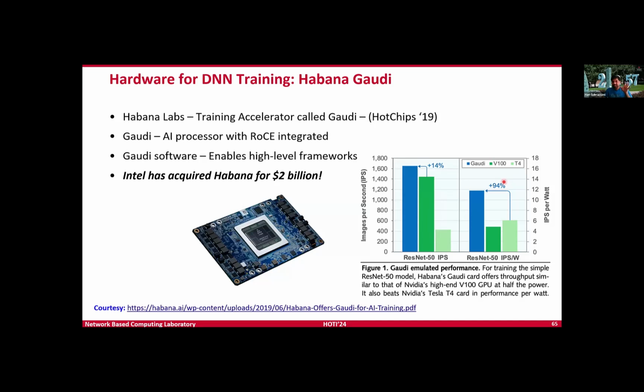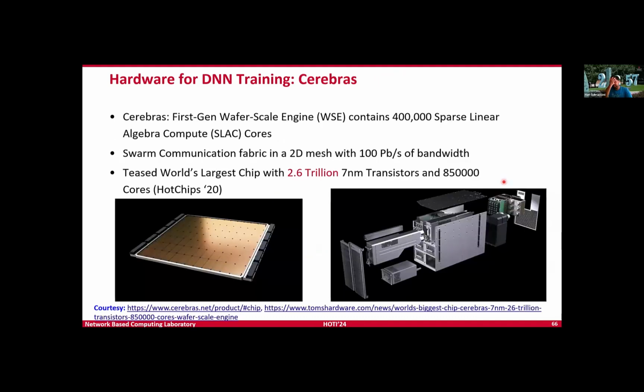Again, these are fairly dated numbers, so take them with a grain of salt. Now, the best possible competition out there for NVIDIA's GPUs, I believe, is the Cerebras wafer scale engine. The latest version of the wafer scale engine is wafer scale engine 3. It has close to 900,000 cores, and it is built on 5 nanometer TSMC technology. It is very high performance.